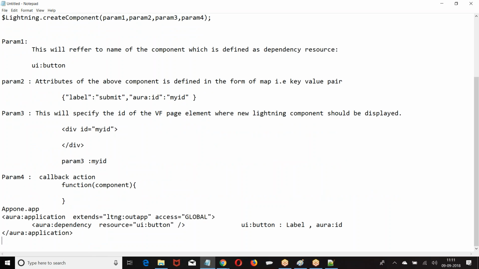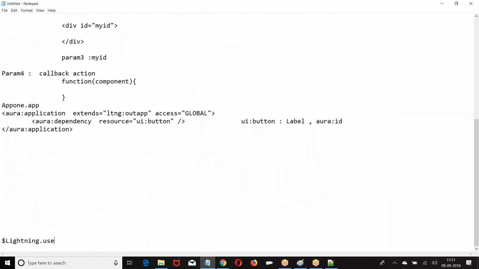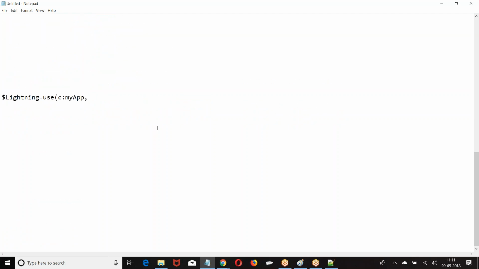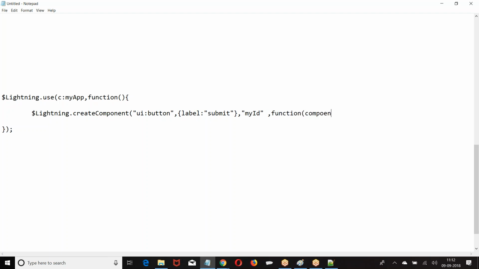So overall it is going to be like this. This is how you are supposed to create it.